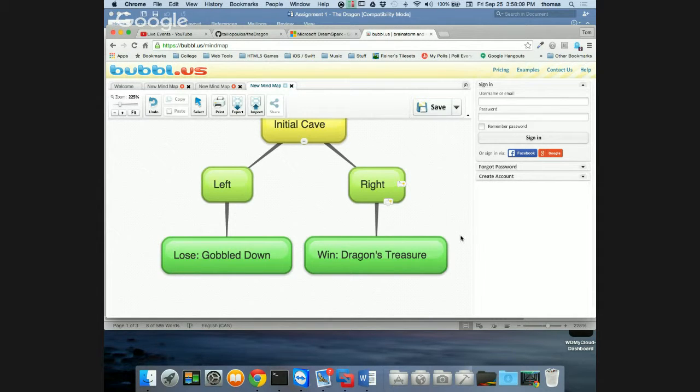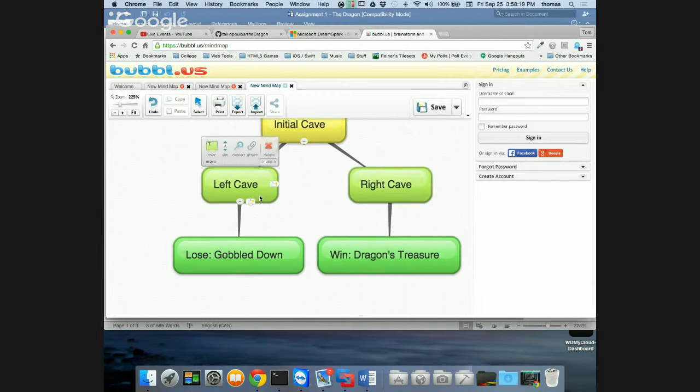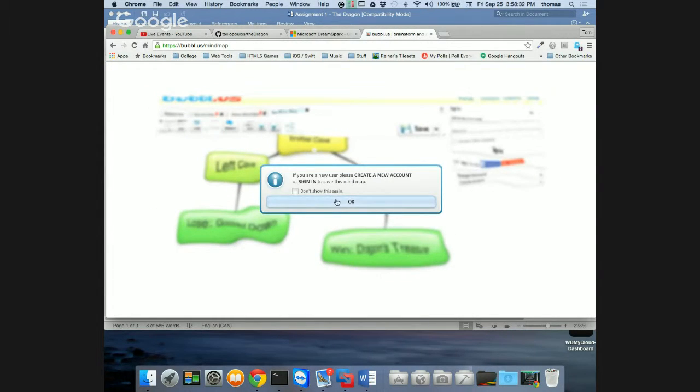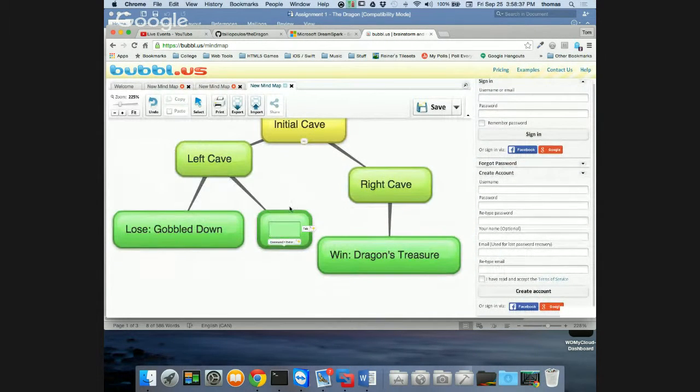Well, for you, you want to break this out a little bit. So left cave or right cave. But instead of being losing or winning, maybe in my left cave or right cave, as an example, instead of being gobbled down, that's not cool. Let's add in another possibility here. So I'll add in a couple of choices. It's saying to save your stuff, don't lose your stuff. That's what we're saying. So then we'll say up,